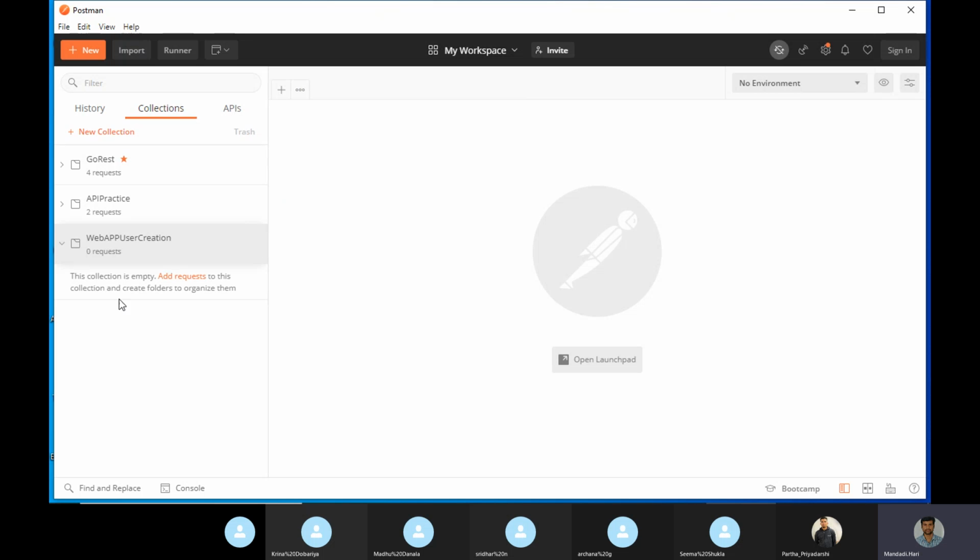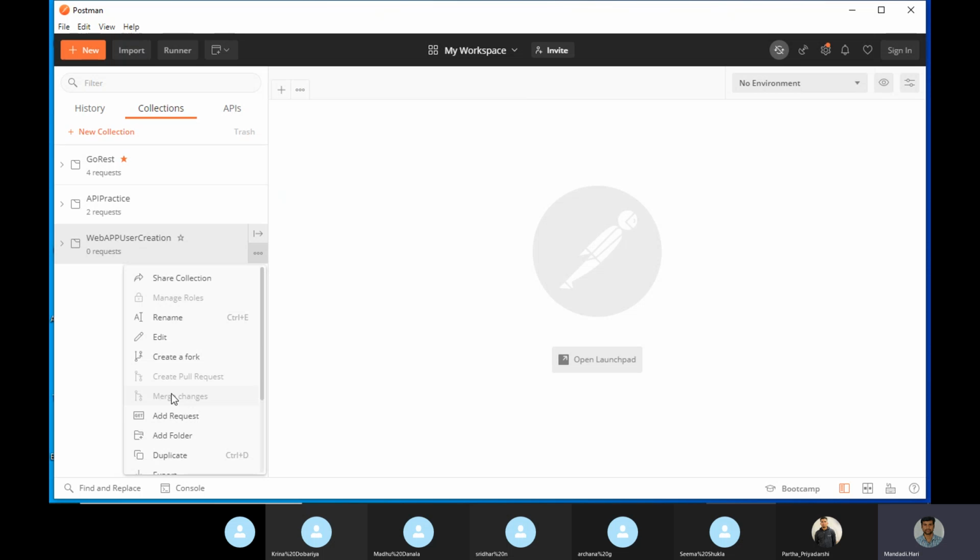Under the collection I can create multiple API requests, or we can say multiple API endpoints. Here I am getting add request, or you can get it from the 3 dot lines as well, all the options. Suppose first one I am going to do add request.